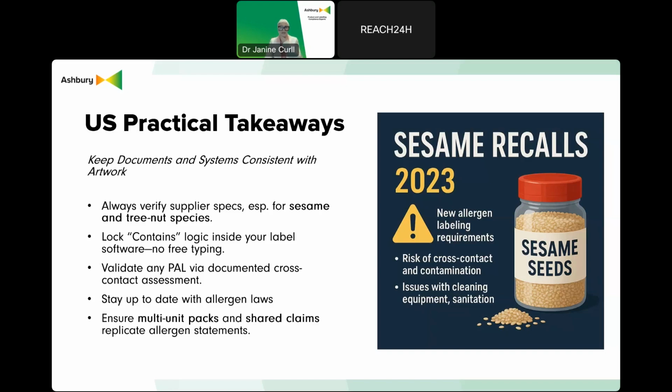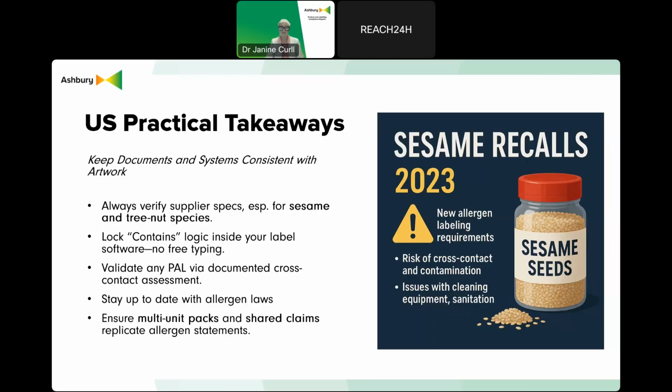Big controversy came from how some bakeries responded. Sesame is incredibly hard to clean from equipment. Tiny, oily, it sticks everywhere. Validating cleaning for sesame is expensive and time-consuming. So instead of investing in cleaning, some facilities started adding sesame to products that were previously sesame-free. By doing that, they could legally label "contains sesame" and avoid the risk of accidental contamination. It wasn't a food safety improvement, it was an operational workaround, and it became widespread.